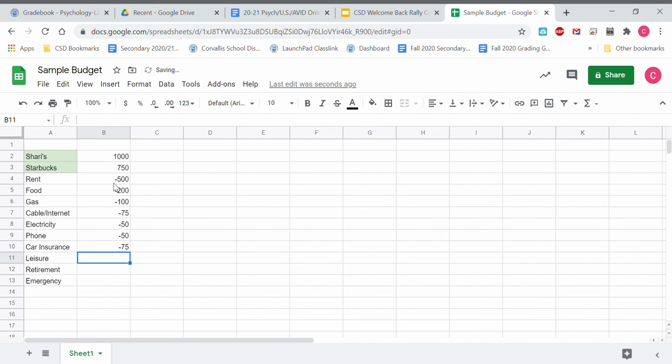Leisure, let's say 200 a month. Retirement, so if you put that in like a Roth IRA, for example, again, it's not at your age necessarily about the dollar amount, it's about the habit. So get into good habits, even if it's just 100 a month, that is going to pay off big time